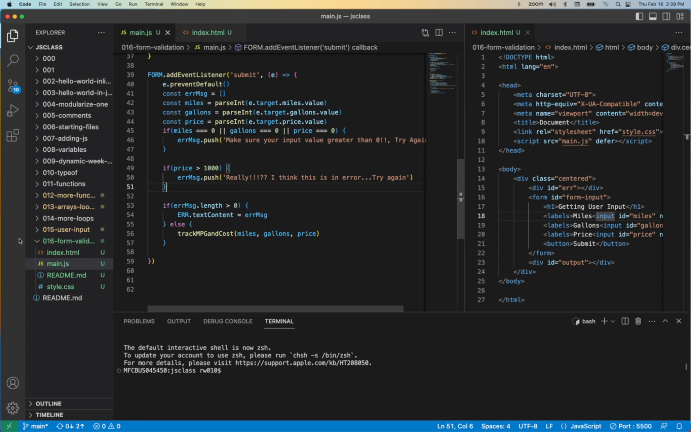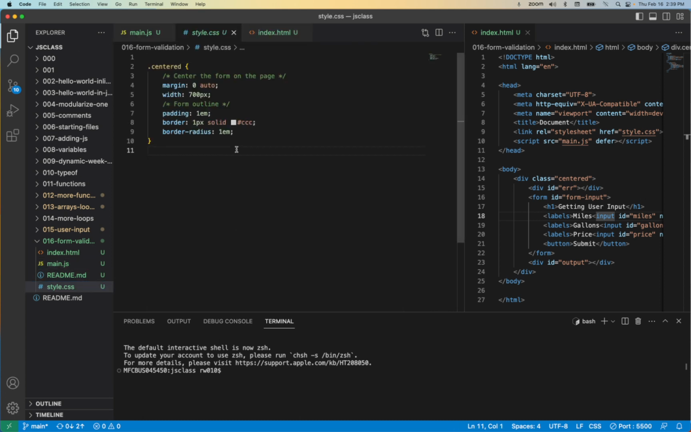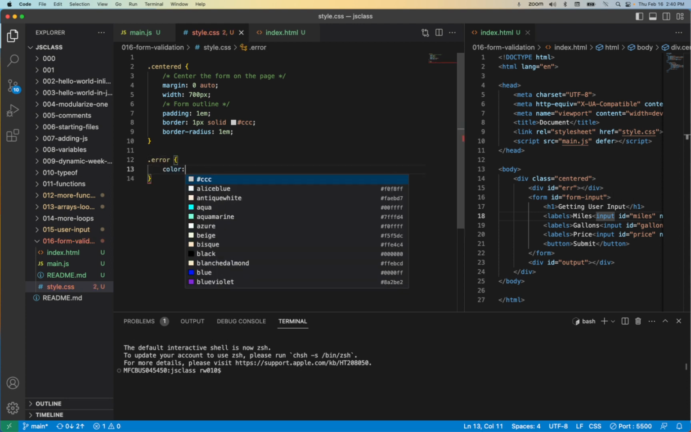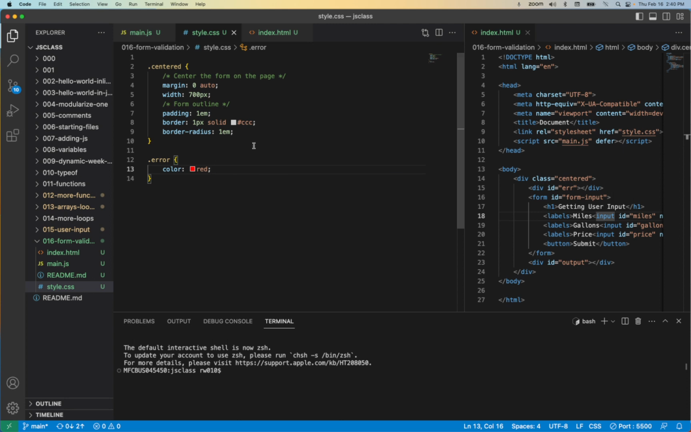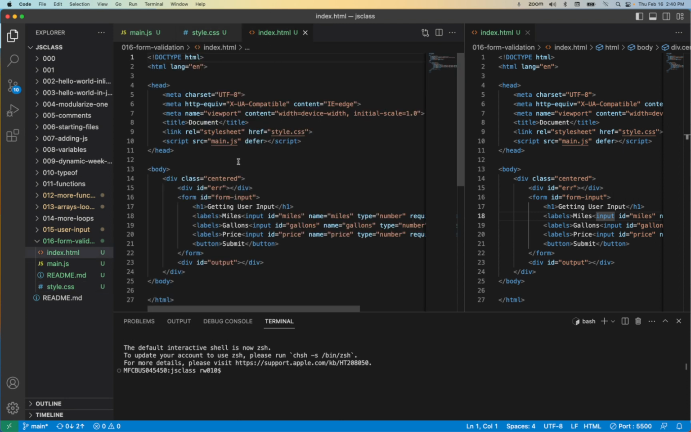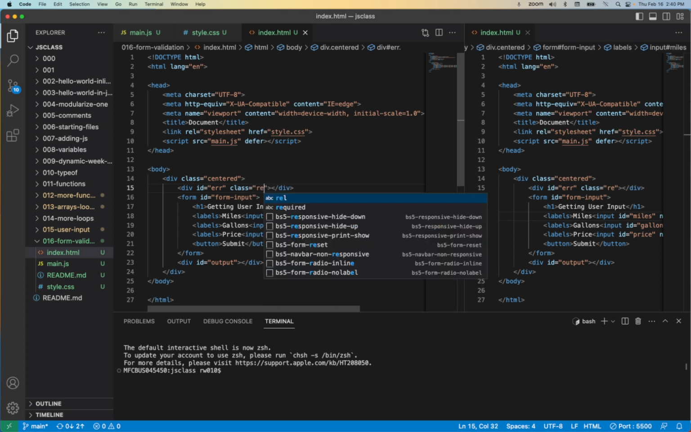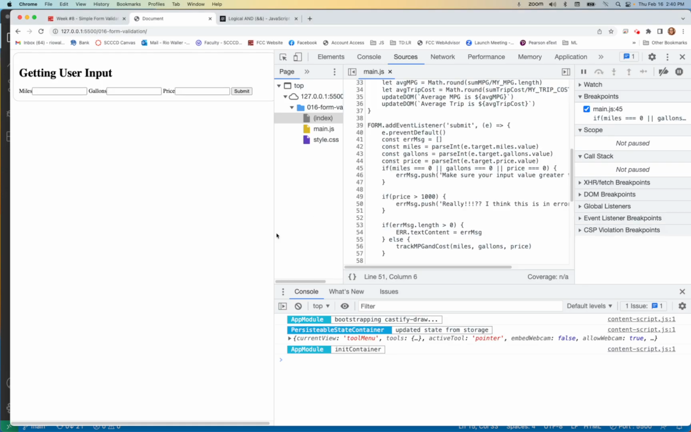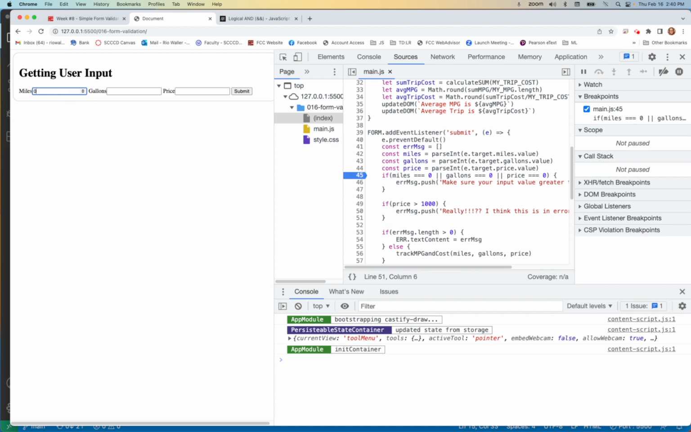Okay, so one other thing I want to do in CSS here is add another class called error, and I'm going to say color equal red. Now, why am I going to do that? Because on my div here, besides an error, I'm going to say class equal red, right? Cool. Now, if I have 0,